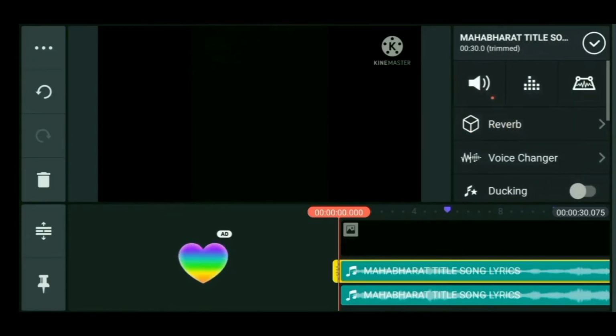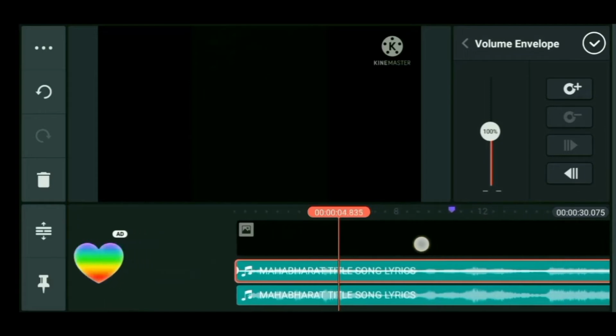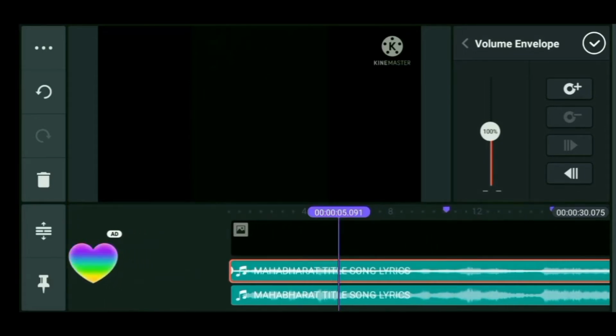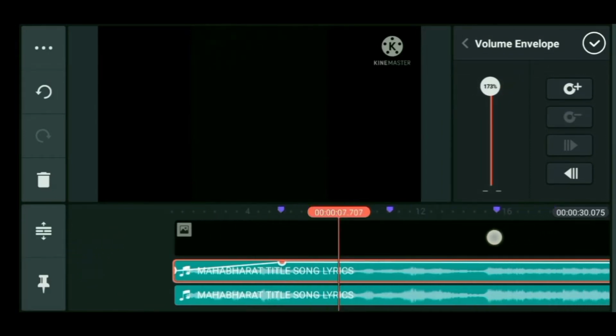Okay, so you have seen that this one should be clicked, and go to the 5 second marking. There you have to pull up the volume envelope to 175, so that the sound is heard properly.